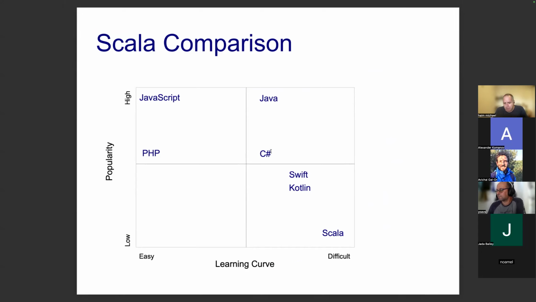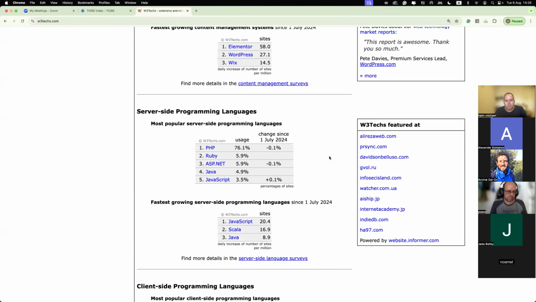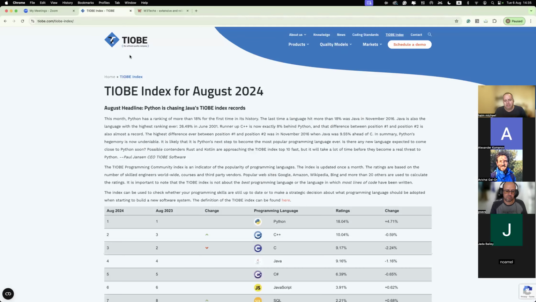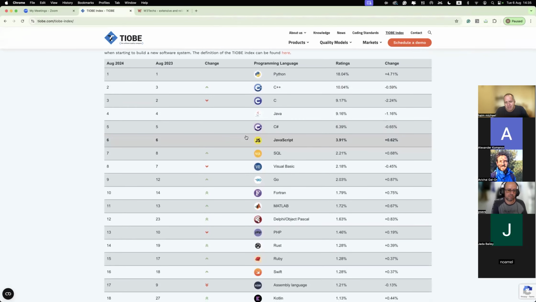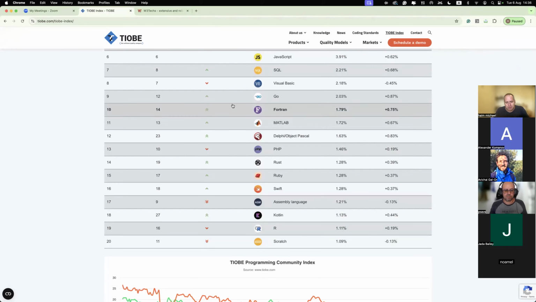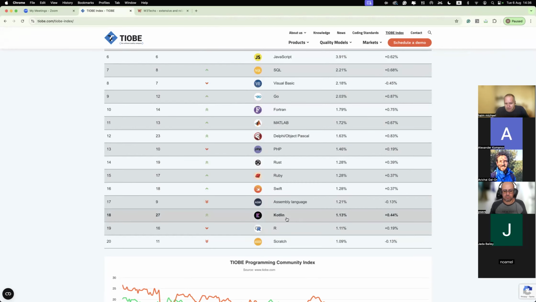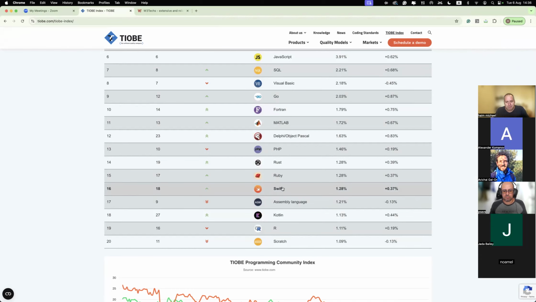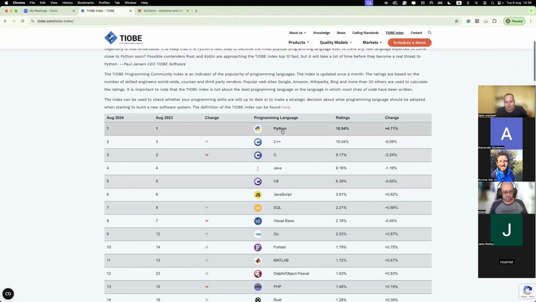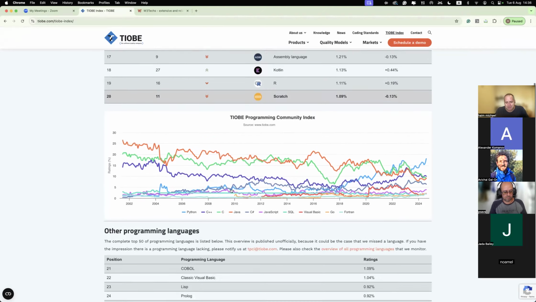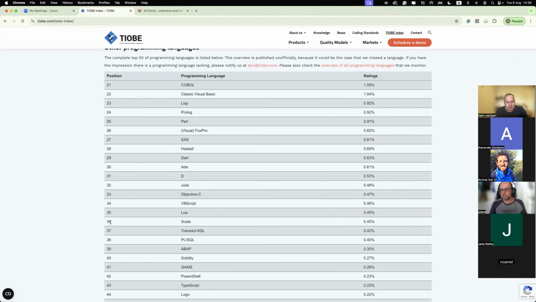Java and C# are less popular. Kotlin and Swift are even less, and Scala, its popularity is the smallest among those programming languages you can see on screen. If you check the TIOBE website, you can find an index for popularity of programming languages. And as you can see, we have the first 20 programming languages. Kotlin is one of them. Swift is one of them. On top, we can find C Sharp, C, Python. Scala is not. Scala is somewhere on the bottom, rank 36.